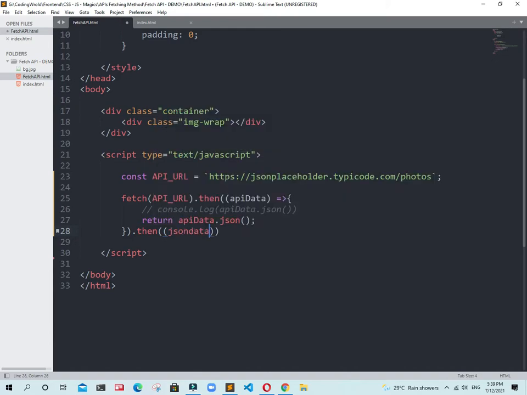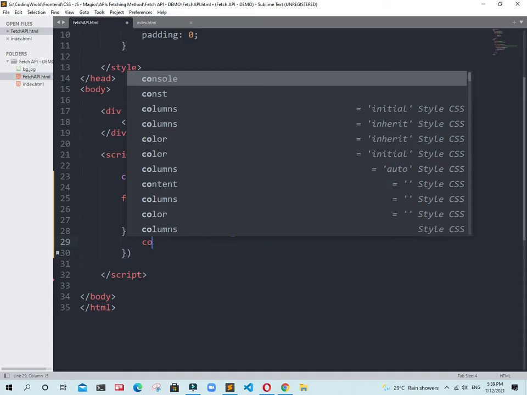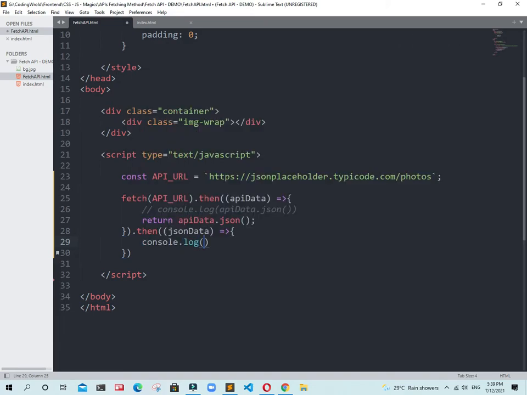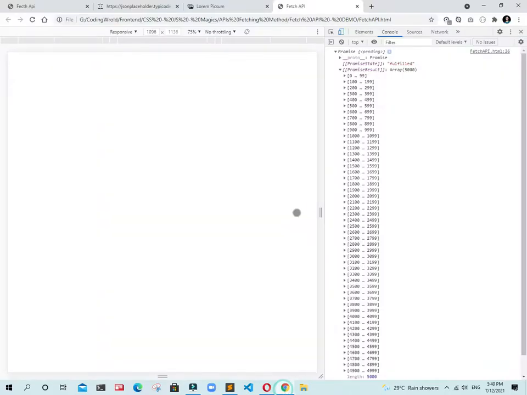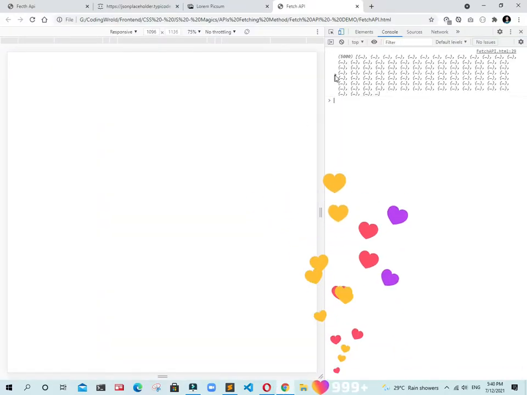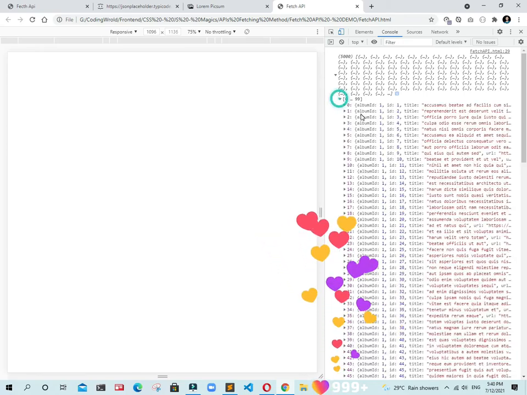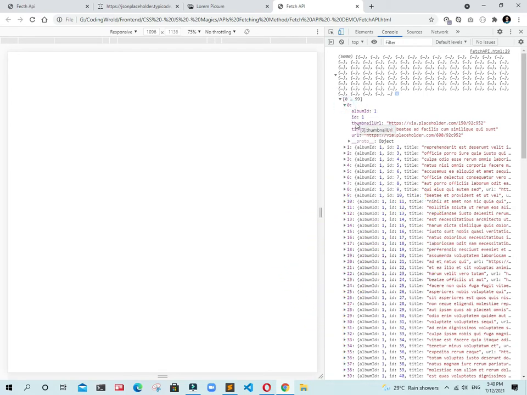I just write there JSON data. This then method is also a fat arrow function. Inside this fat arrow function we are mapping this JSON data. If I console log this JSON data, it sends us a promise as URLs. Really cool.